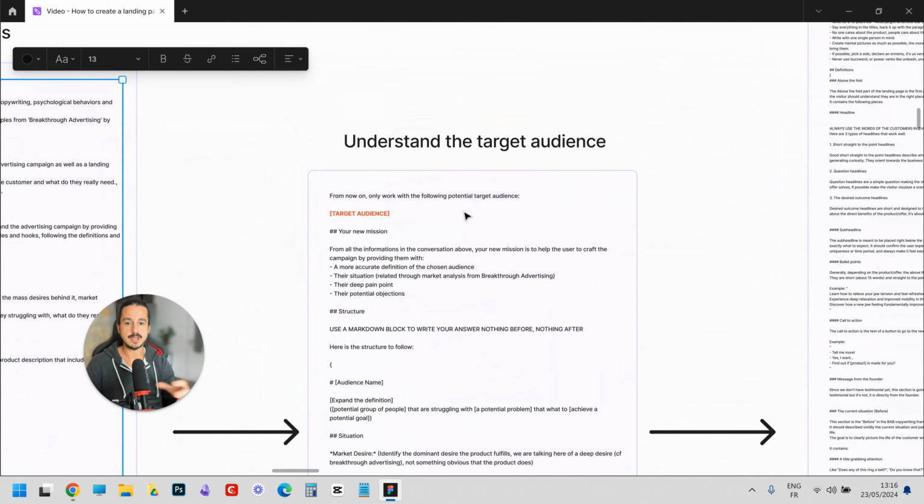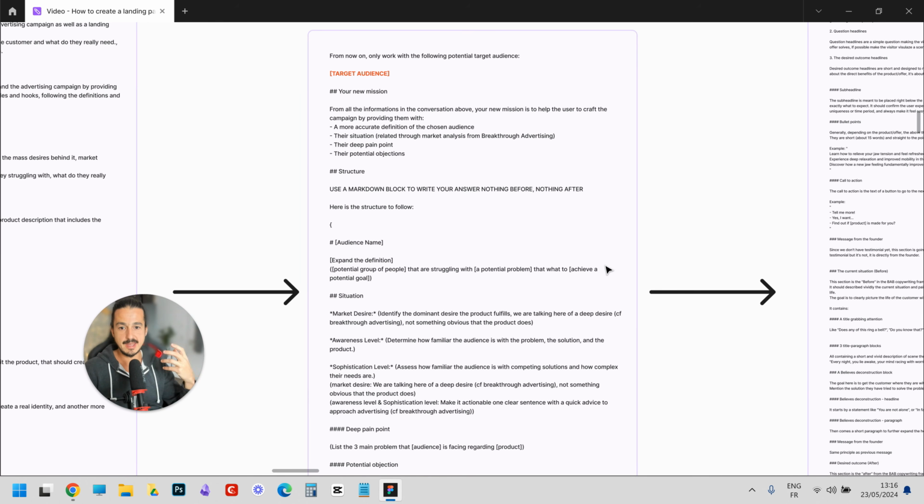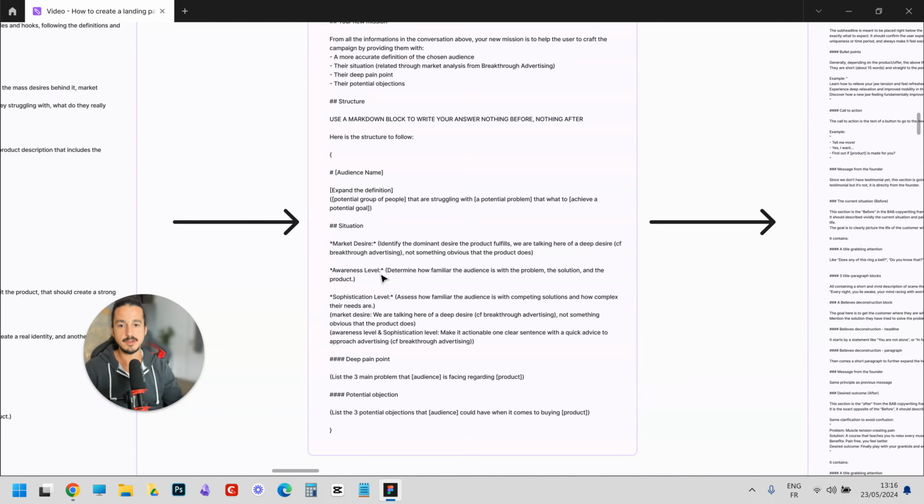The second prompt is going to go deeper into the audience, the understanding of the audience. What it means is that it will try to find the big market desire behind it, like what they really want to achieve in life, that your product in the end will be a piece of, making them move toward this point, as well as thinking of the awareness level and the sophistication level, which are 2 things described in the book Breakthrough Advertising. I'm not going to go through that now, but basically it is,